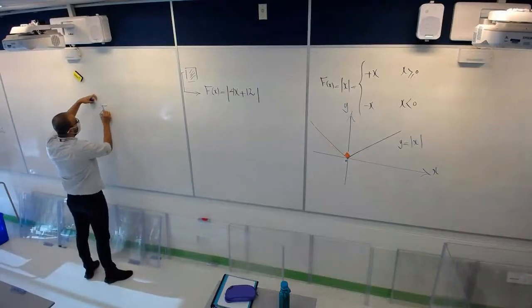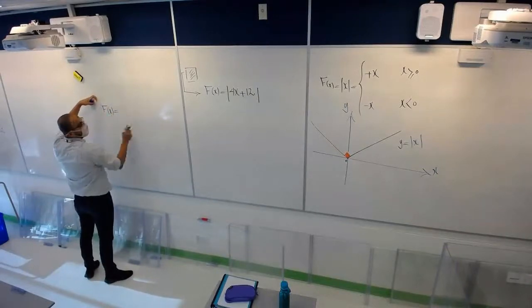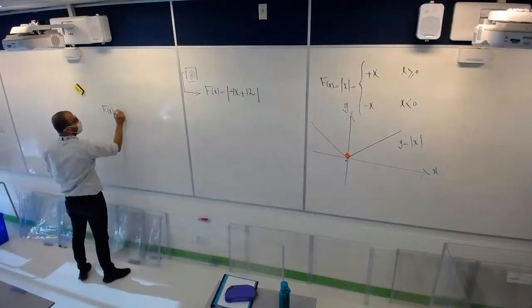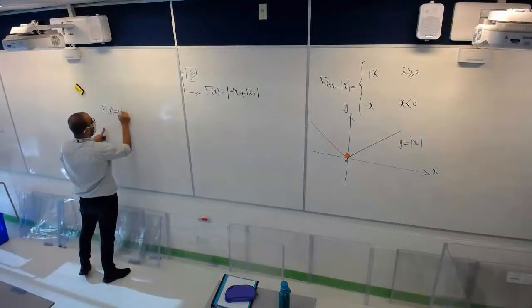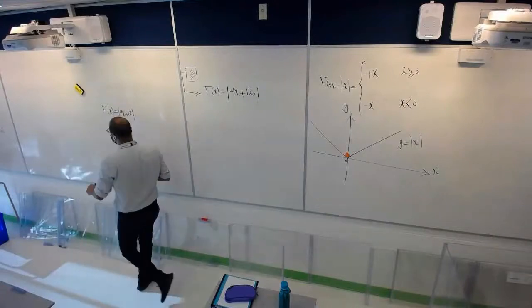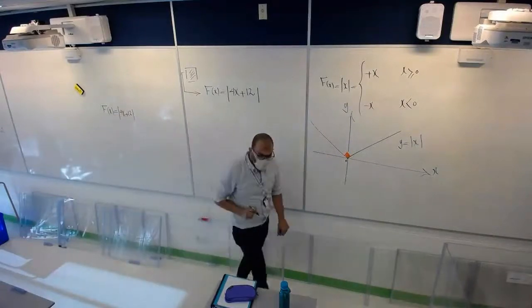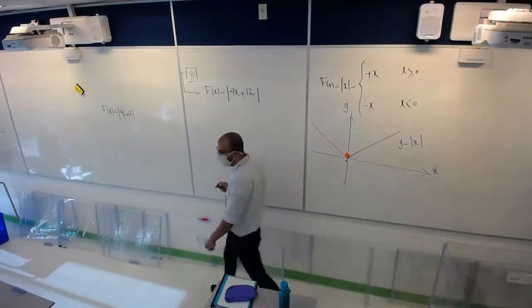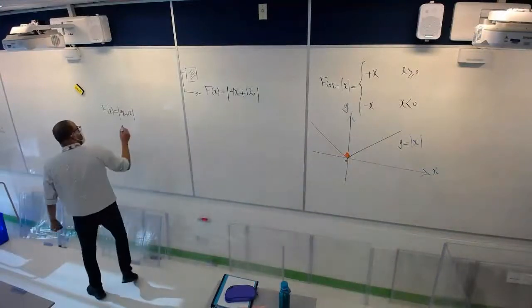I say f of x, and I plot it over there. Absolute value of 4x plus 12. Now, for example, you are walking and somebody throws you this function, and you say, okay, now I have to solve it. It means that now,